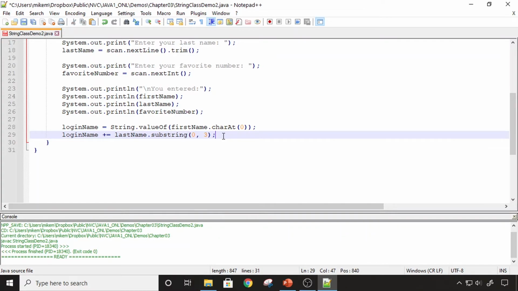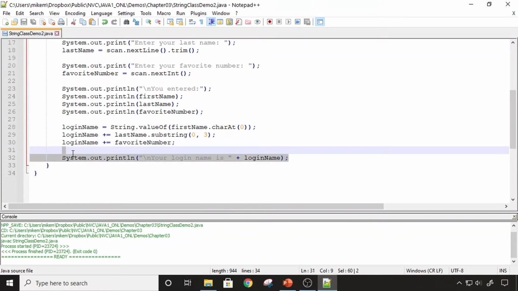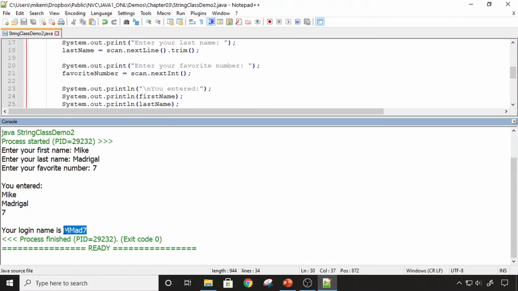Now I want to go ahead and concatenate in my favorite number and print the results. So I'm concatenating the favorite number and I'm printing the results. Let's go ahead and compile and run this program. And here are the results. I grabbed the first character of my first name, the first 3 of my last name, and then my favorite